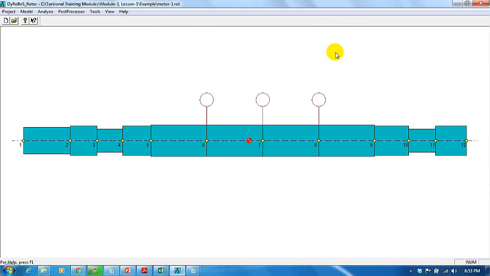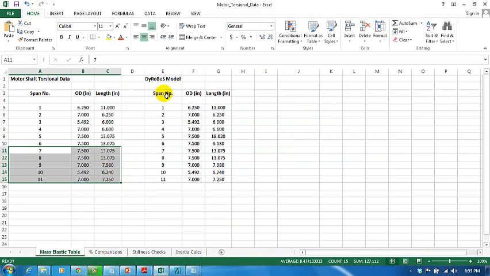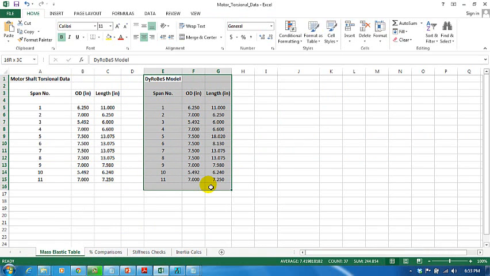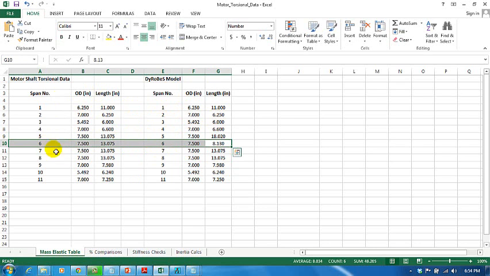So I'll close this and I'll pull up my Excel sheet and go back to this mass elastic table tab here, and notice what I have now is what I call the Dyrobes model, the second table here, and it's almost exactly the same as this table with one key difference. If you scroll down to station number 6, what I did is I took off a few inches from this station and I put them in this element, station number 5. So if you compare the lengths, you have 13.075 versus 18.02, and then the 13.075 is then reduced to 8.13